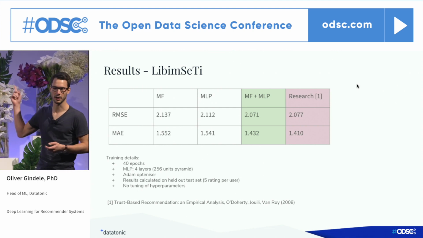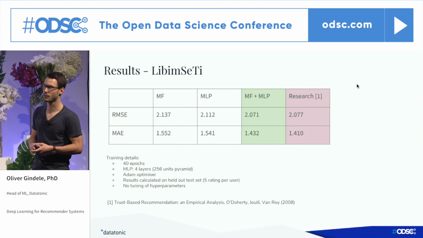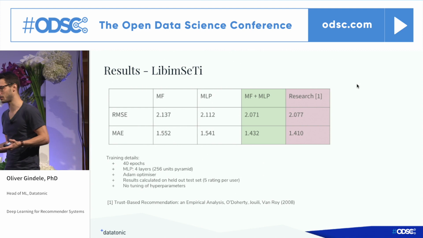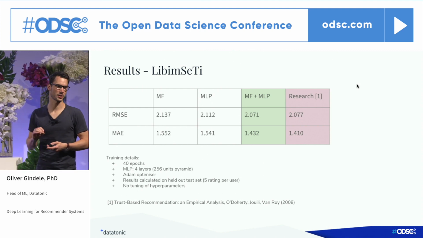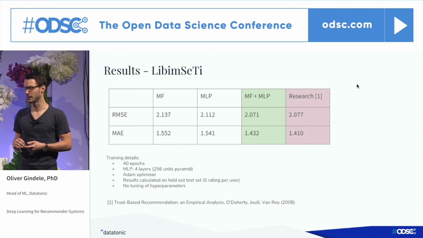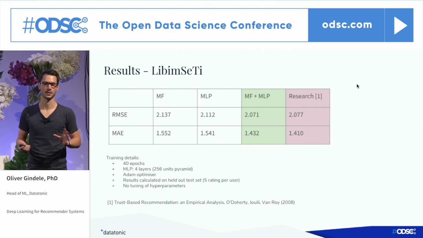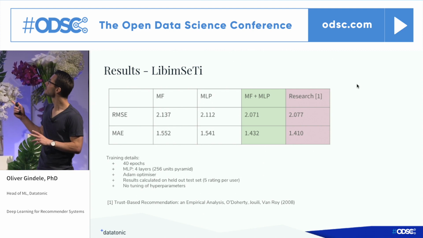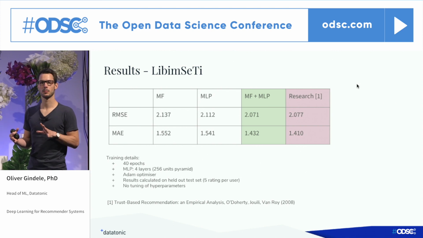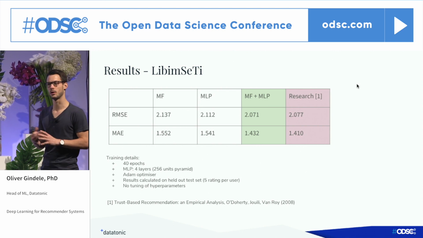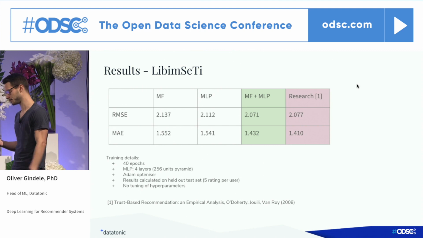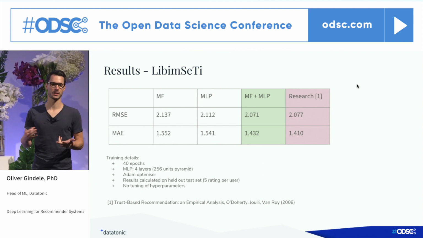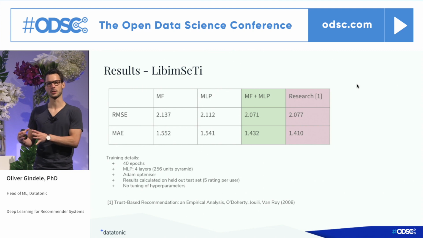And the results are actually quite comparable. So just fiddling with this for a few hours, we get, you could call it, state-of-the-art performance. But I'm also not entirely sure whether the data set these researchers used is the same as what I've used. In any case, what we see is putting these two parts of a model together into an ensemble already yields very good results. And TensorFlow is a great tool to do so because it allows us to quickly put something